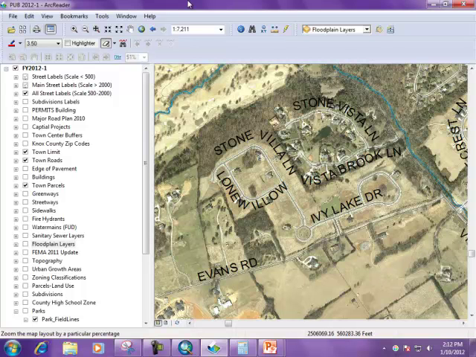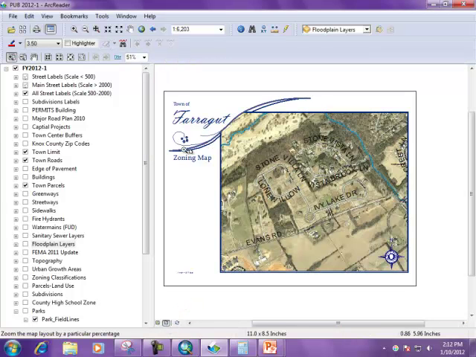So let's say that you like this map and somebody's sitting at your desk and they say, can you print that out for me? I need to go out into the field. Well, question one is, do you just want it just like this, or do you want it to have a Farragut logo on it so that it looks official? And if they say, oh yeah, I'm going to be out there with the state, put the Farragut logo on it so it looks nice, then you can go to the layout tool right here, or the layout view, and